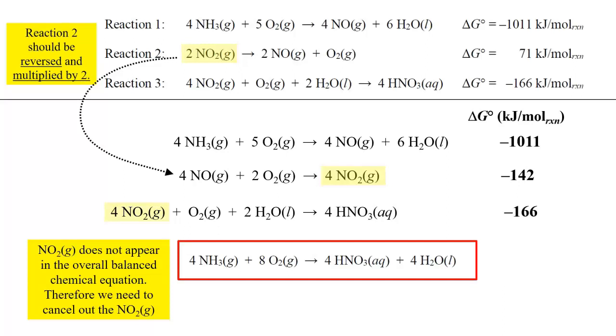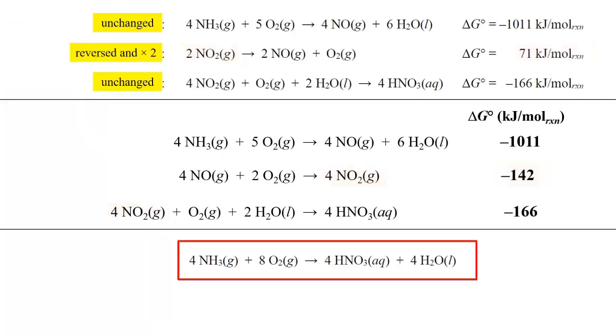Well, it was 71 kilojoules per mole of reaction. But if I reverse that reaction, the sign of delta G will change. And if I double all of the coefficients, I have to double the delta G. So now the delta G changes from positive 71 to negative 142 because that reaction was both reversed and multiplied